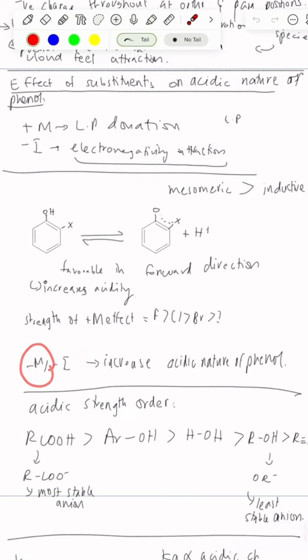Minus M means the resonance attraction groups that are actually electron withdrawing groups. So minus I effect groups also, which have electronegativity attraction, will also increase the acidic nature of phenol. As we know, the mesomeric effect will win over the inductive effect, because if we have a halide group attached to it, a halide is more electronegative than the carbon atom. So this will